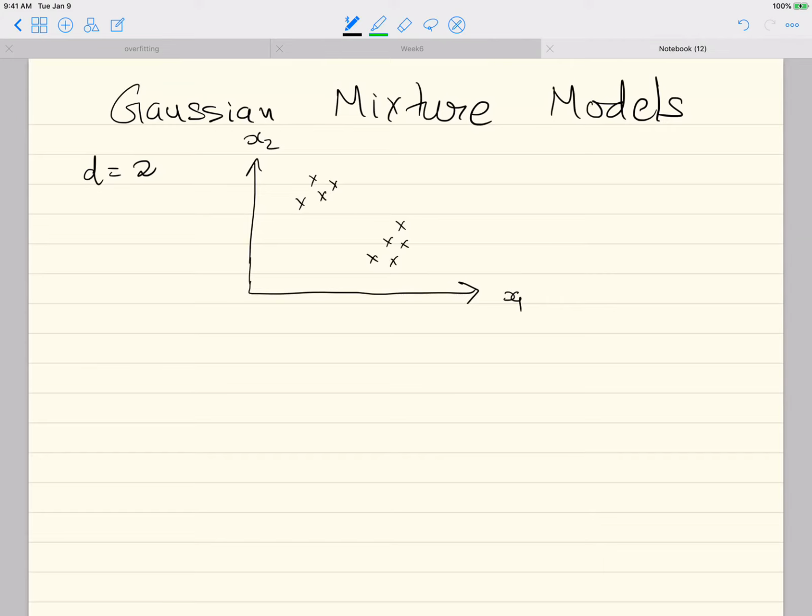Now what the previous estimator would do is it would force a Gaussian kernel at each of the data points and sum up their contributions. That's typically overkill if you have thousands of data points. Putting a Gaussian at each data point and summing its contribution is computationally expensive and clearly not needed. Here I think it is very clear that there are just 2 Gaussians, one responsible for this set and another responsible for this set. So only 2 Gaussians